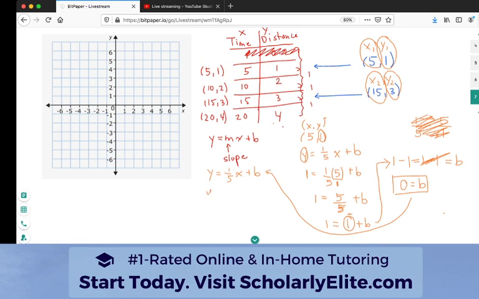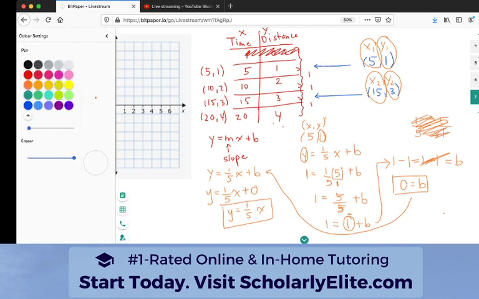So we know that the equation of this line is y equals mx plus b, so the slope m is 1 over 5 plus 0. Another way of showing that is just writing it like this. You'll see a lot of teachers that just leave it like this. So this is our slope, and this is our equation, I mean. So that means that I also know